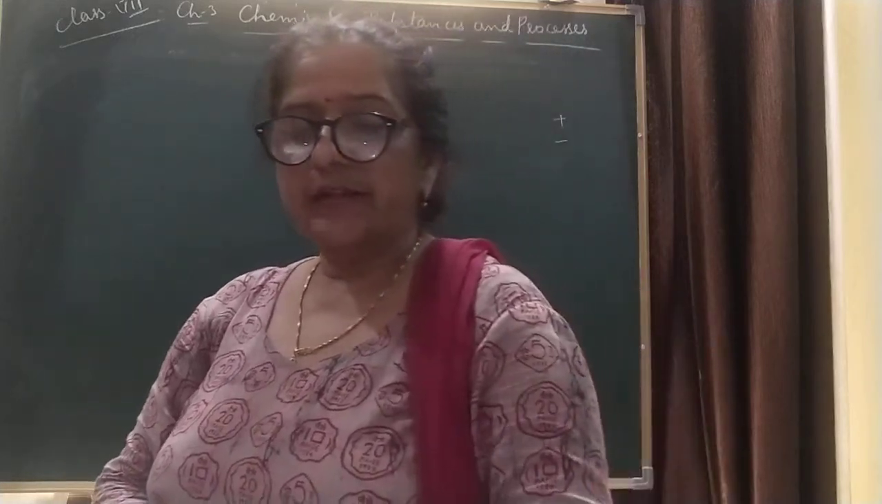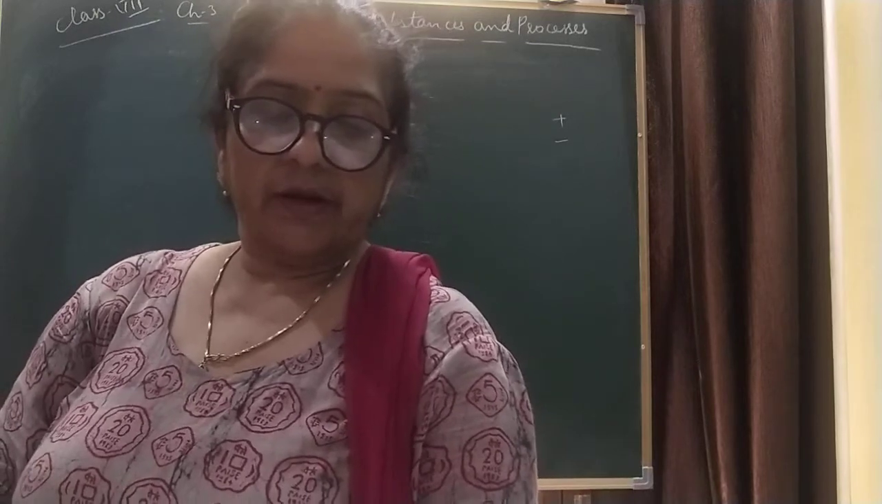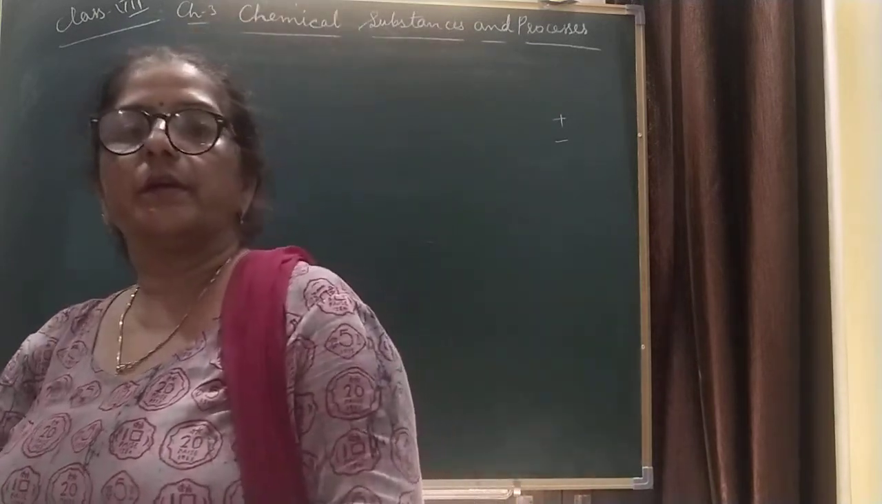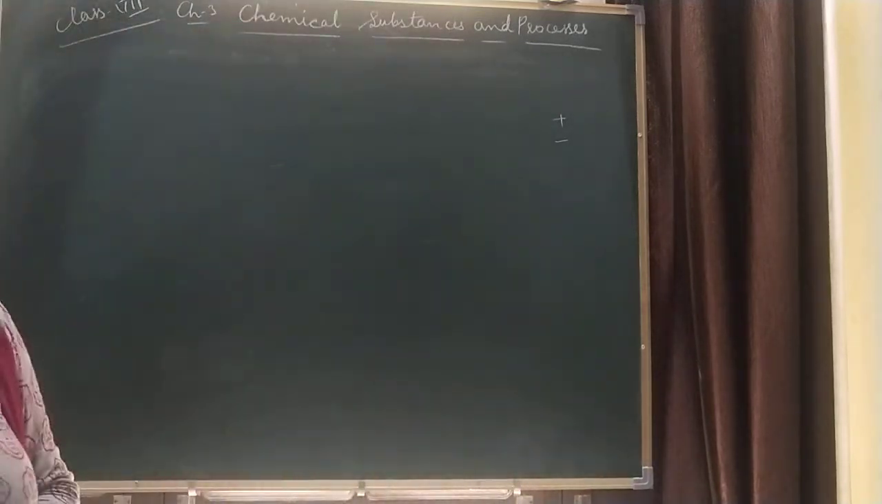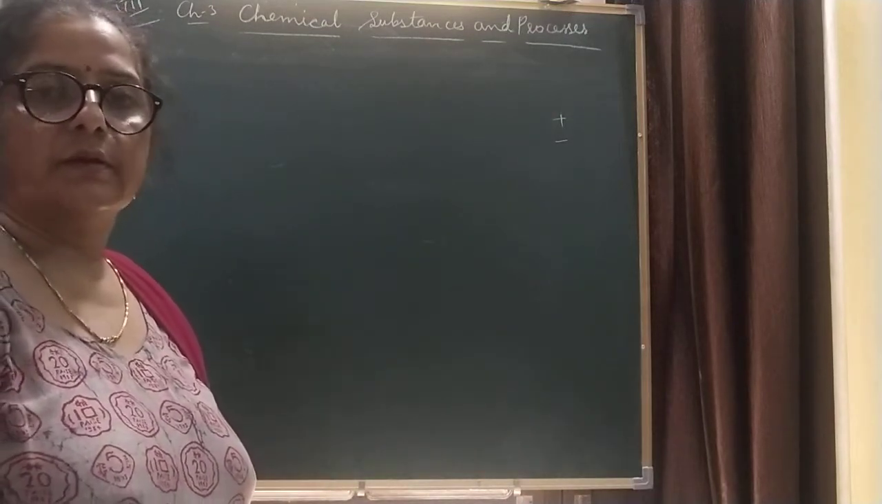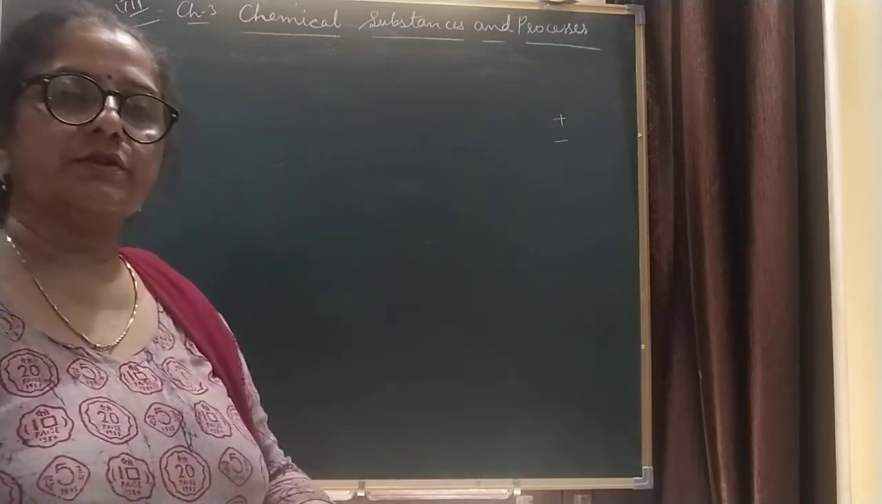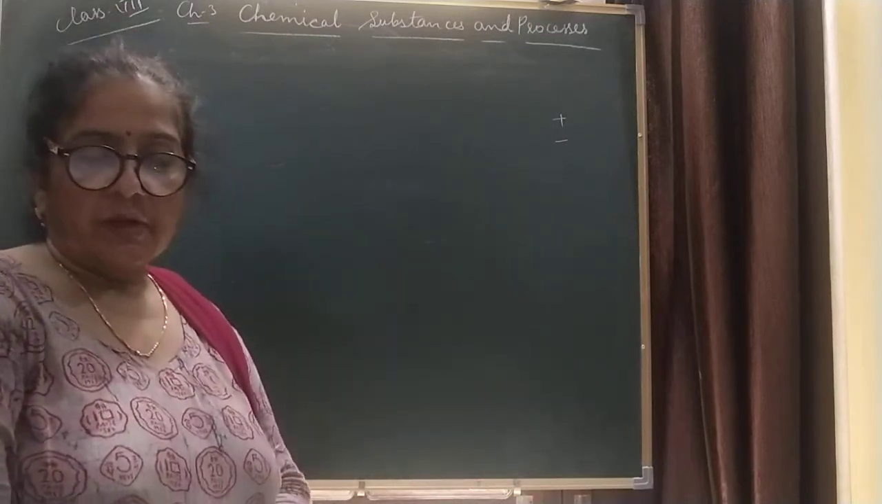In the same way, on the next page, negative ions are there: chloride, oxide, hydroxide, carbonates, sulfates, like this. You have to go through them and learn them in this class. How they are formed, that I will teach you in 9th standard. Now,